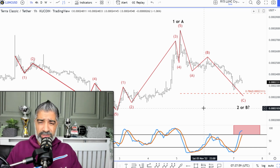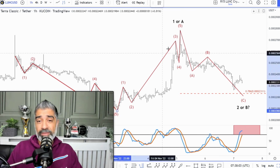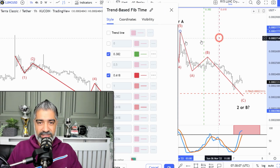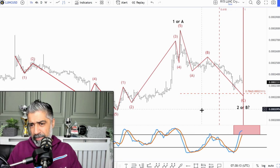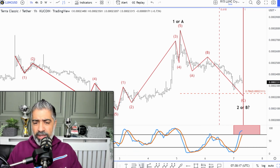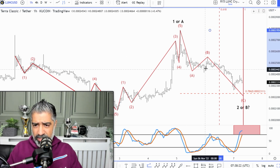What we want to do as well is some quick time analysis on this. Again, by the way, in the 4 secrets, this is what the 4 secrets is. I'm not trying to keep it a secret. This is the typical maximum time it will take to finish a correction. And I just want to do one other thing. I'm not going into too much depth on what I'm doing here. I covered this in the masterclass. I just want to have a quick